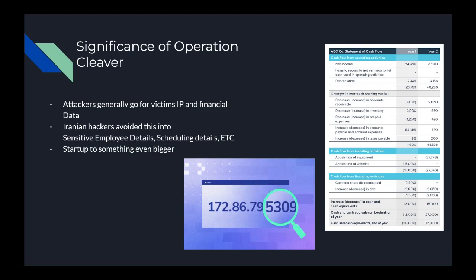It instead focused on grabbing sensitive employee information, schedule details, identification photos, and other documents that are related to housing, telecom, and electricity infrastructures. This pattern suggests that the purpose of Operation Cleaver was just to scope out networks and conduct some sort of survey or observation on them. According to experts looking at a bigger picture, this may lead to some sort of bigger or more major assault at some point in the future.